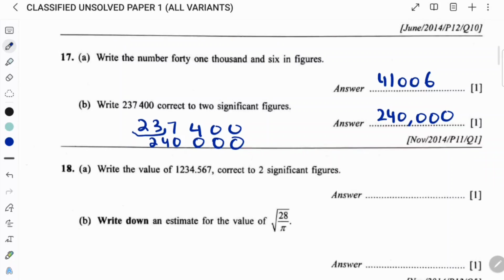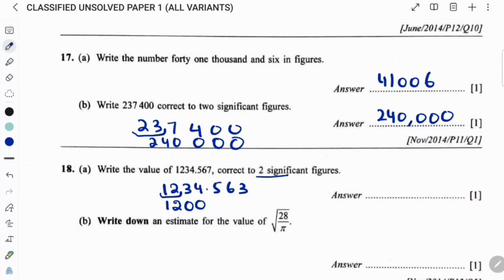Okay, all right. So the next question, question number 18, is 1,234.567 to two significant figures. This is two significant figures. So this is one. After that you have 3, so you don't add one to the 2, and you have to put 2 extra zeros for that. So 1200 is the answer. Don't put the decimal, and if after the decimal you are putting some zeros, they will be included in the significant figures.